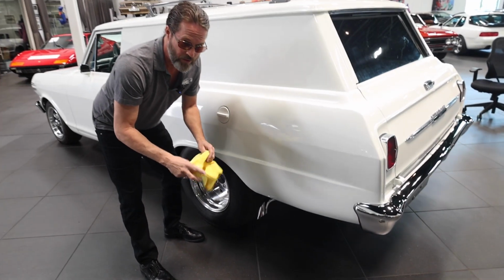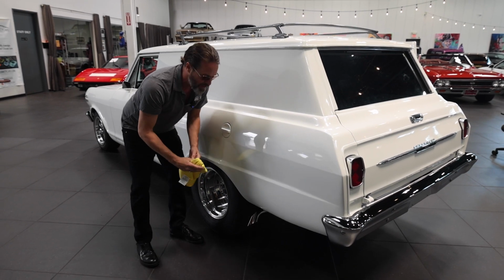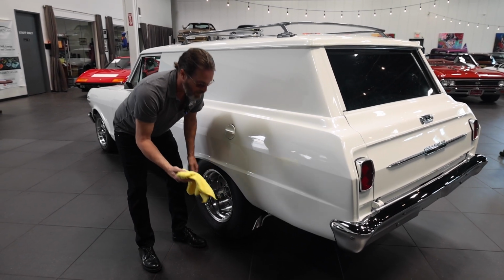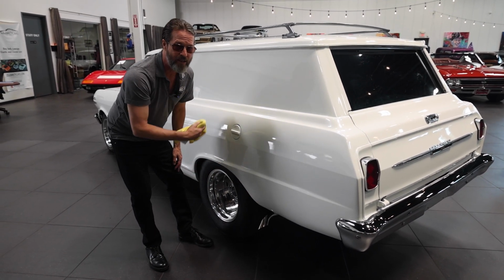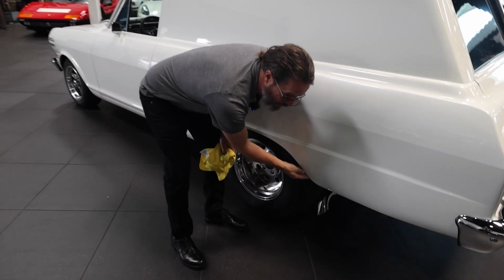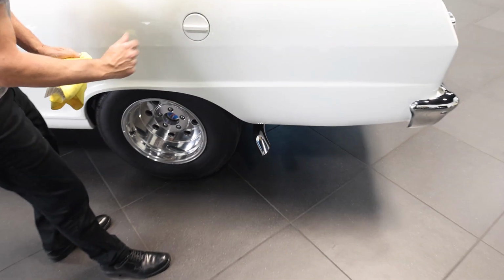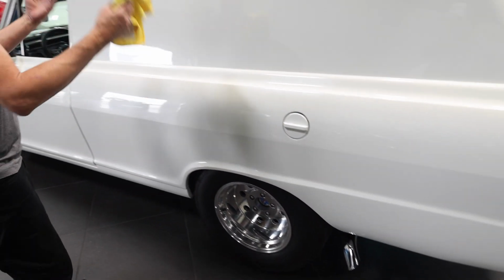What other car dealership is gonna go out of their way to tell you these things? It's great news. I mean, find how many of these are out there in the world, and just a little bit right there. I don't know what happened. I'm not a body shop guy, I'm not a paint guy, but I will tell you, my eyes on this,